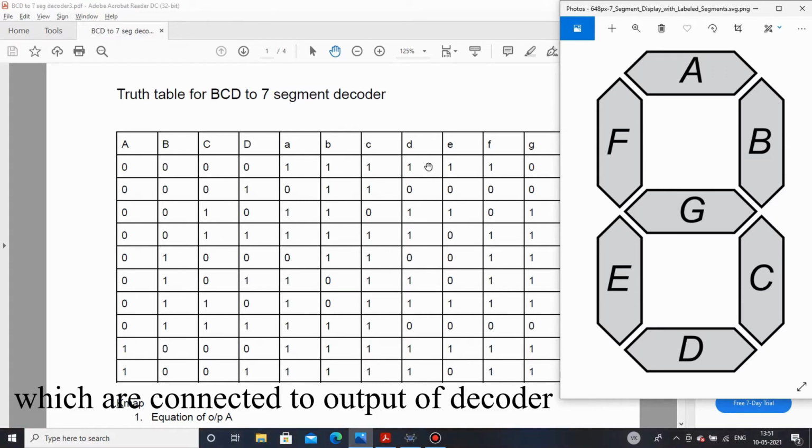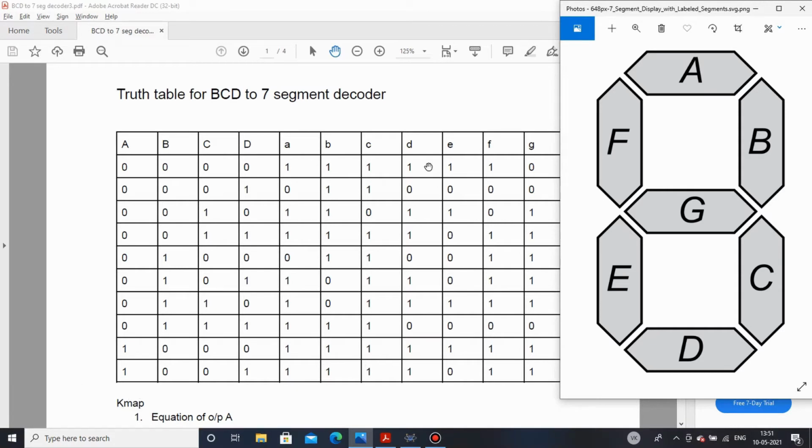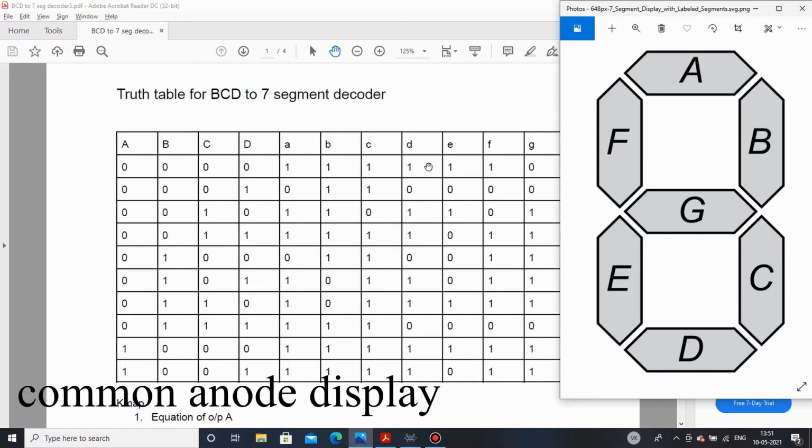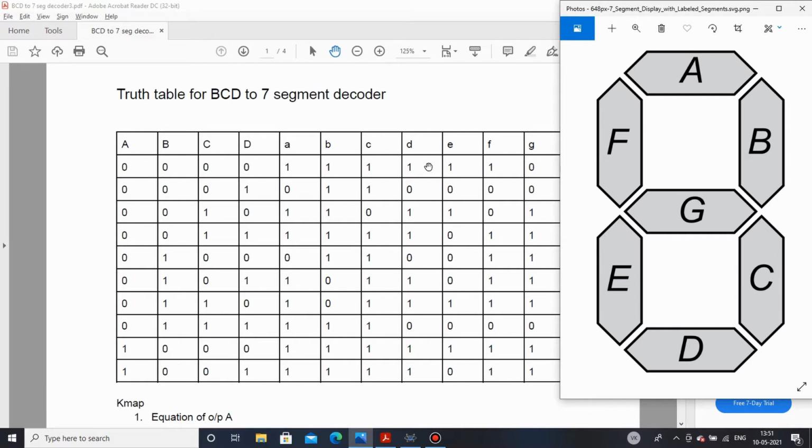And as you have seen, in case of active high, depending upon the input, the output line goes high. So your need is fulfilled. Else, if you are using a common anode, then you will have to connect an inverter to the output lines of these decoders and then feed it to the display. So now we will see the K-map simplification of all this, and then we will see the final circuit.